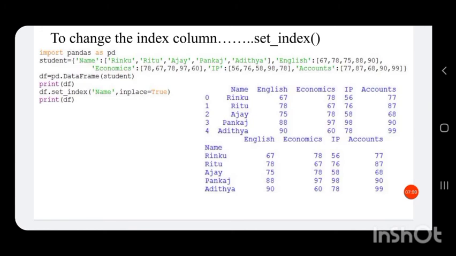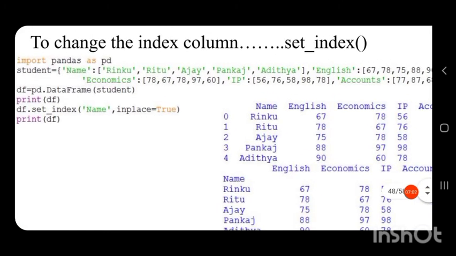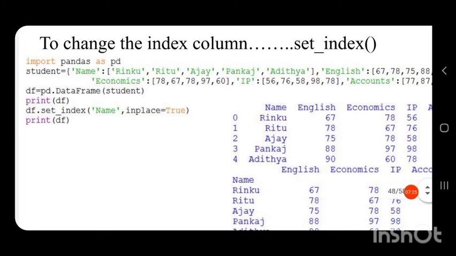For that, we use the function set_index. To use that function, we have to call it by the data frame object or the data frame name. So our data frame name is df. df is our data frame. So df.set_index. Then since it is a function, we have certain parameters inside that.